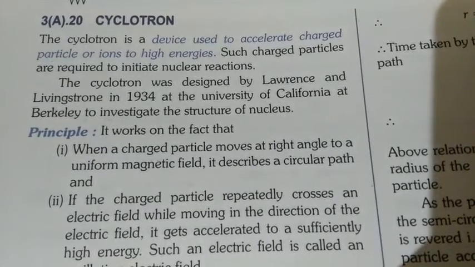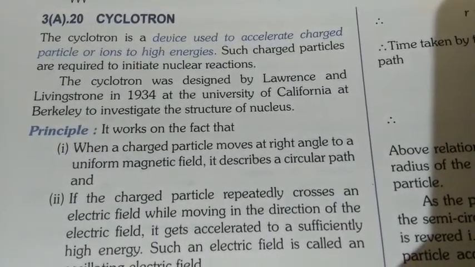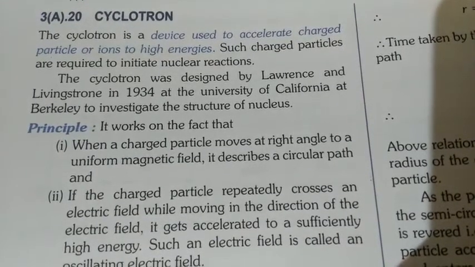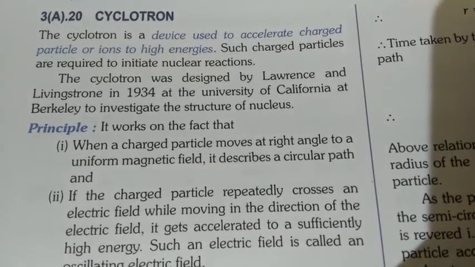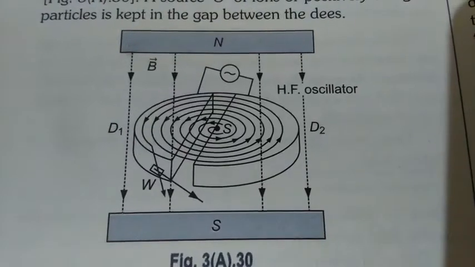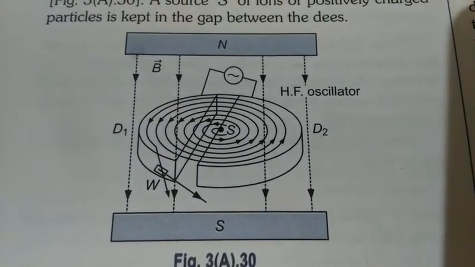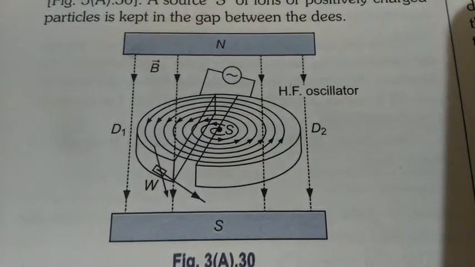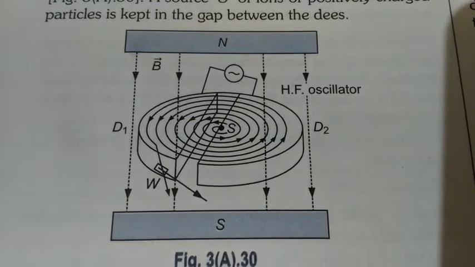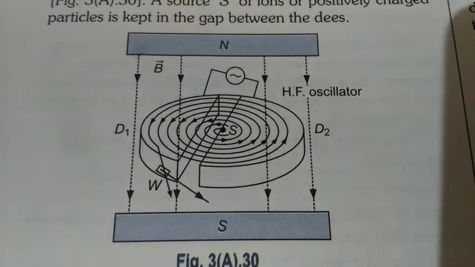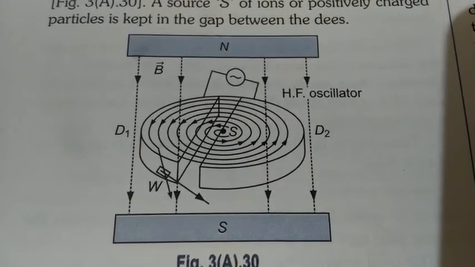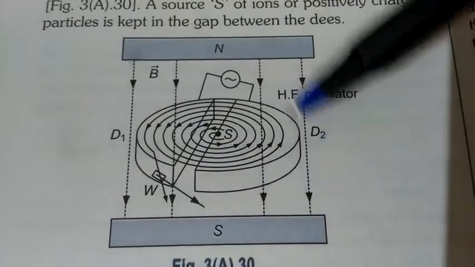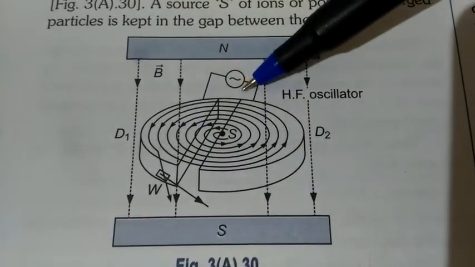In our previous lecture, we were studying about cyclotron and we have discussed what is cyclotron, its principle and its construction. Now, in today's video, we will discuss the working of cyclotron, its limitation and some examples. Okay, some problems we will solve. So here in front of you the whole arrangement is there, which I have already explained you.